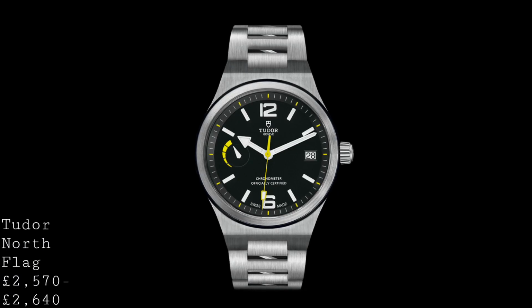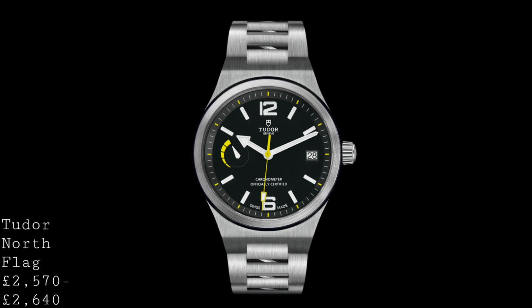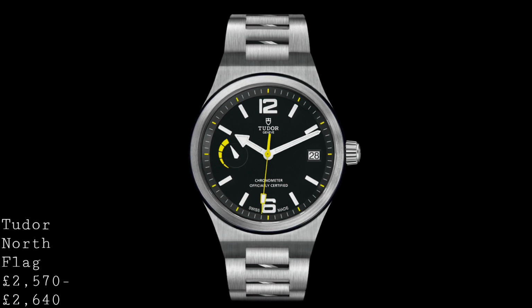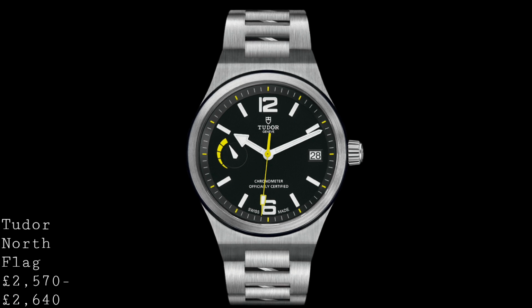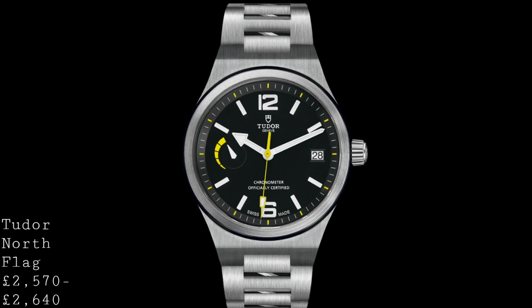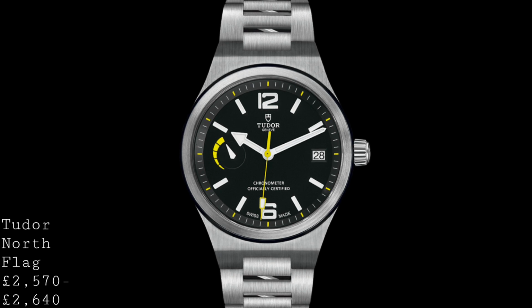Because it's a 40mm stainless steel watch with an extremely sharply cut, very contemporary case, which as you can see features brushed finishes throughout, with some polished elements on the bracelet, and a ceramic edge to the bezel. And this is a watch where you get the sense it's been produced with a real care to make it enjoyable to wear, and to give it a real sense of quality in terms of its build, but also to give all the features you would hope for in something genuinely robust and usable every day, and even in quite